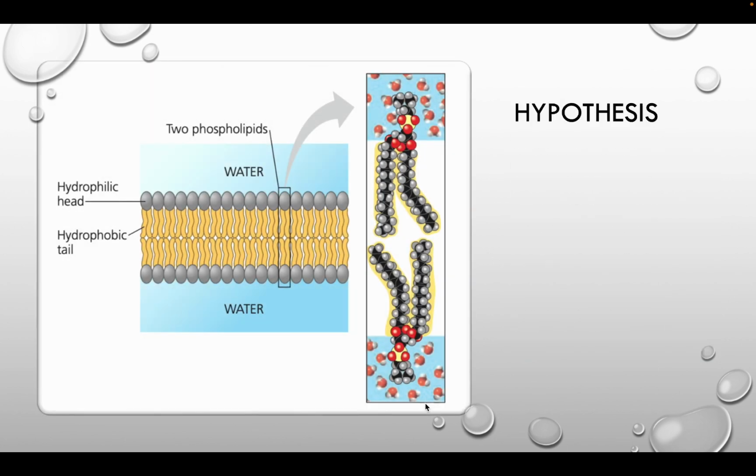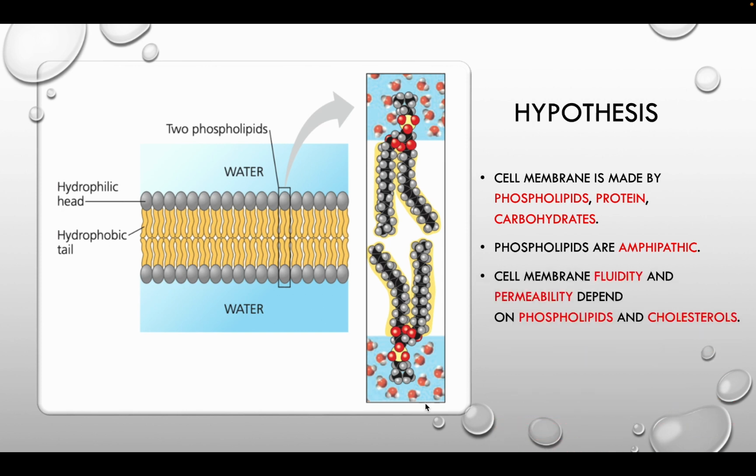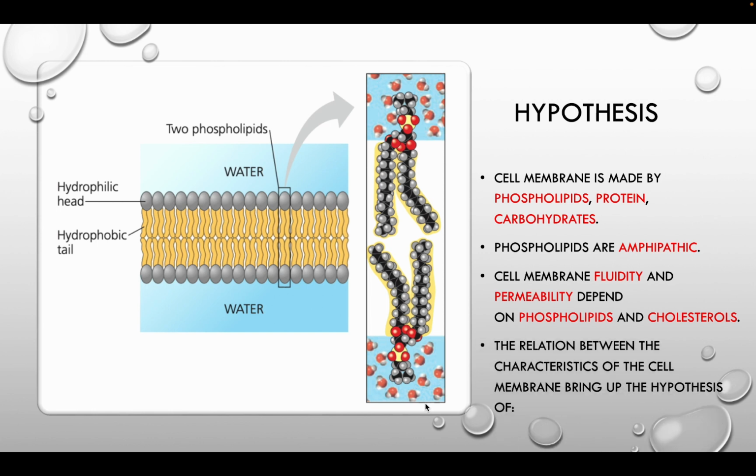So now I'm going to talk about the hypothesis. As you know, the cell membrane is made of phospholipids, proteins, and carbohydrates. Phospholipids are also amphipathic, with a hydrophilic head and a hydrophobic tail. Cell membrane fluidity and permeability depend on phospholipids and cholesterols. So the relation between these characteristics of the cell, which are the fluidity and the permeability, brings up the hypothesis